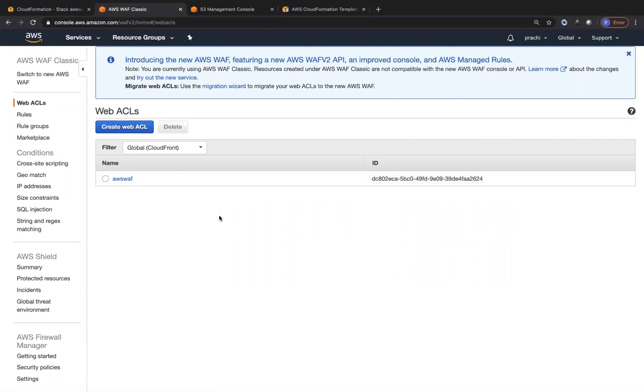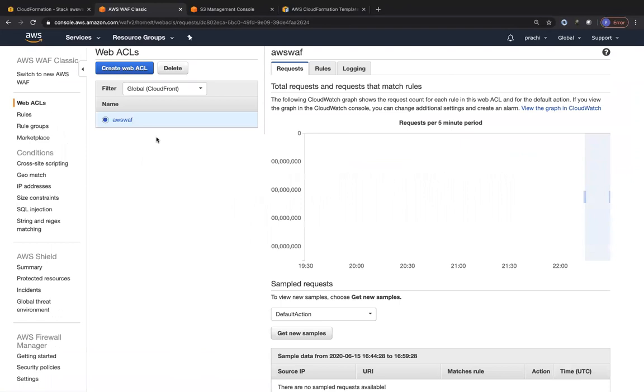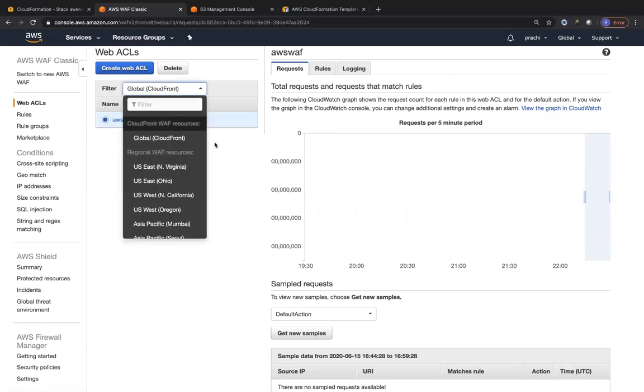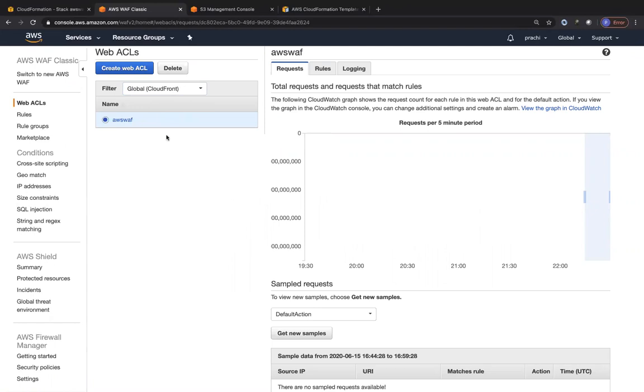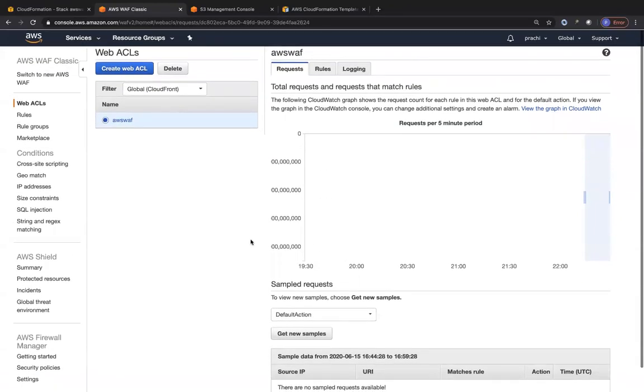That's really nice. Okay, so let me look at this web ACL over here. You can see in this web ACL, it's of type CloudFront for the specific CloudFront distribution that we have created. So therefore, we can associate this web ACL with CloudFront. And similarly, you saw that while creating the CloudFormation template, we had one specifically for load balancer. So therefore, we can associate that with the load balancer.